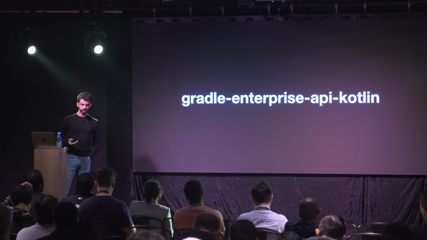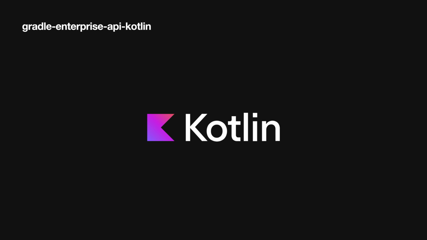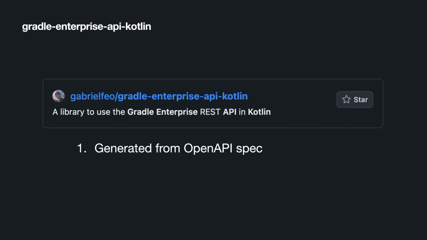So the first tool is a little library that we built to help work with the API in Kotlin. And we chose Kotlin because it's a versatile language and what most of our mobile developers are comfortable with. So they have no language barrier in contributing to our team's projects. One of the examples that I'll show is actually an external contribution from a developer outside our team, thanks to this. So the library is on GitHub, and it's actually mostly generated code from the official OpenAPI spec published by